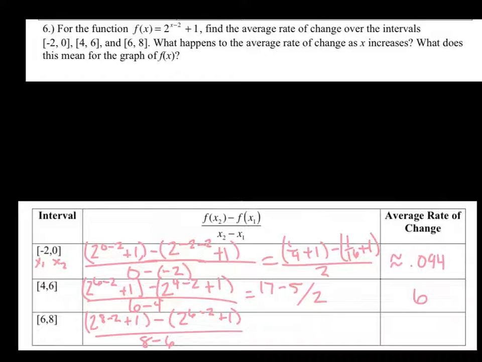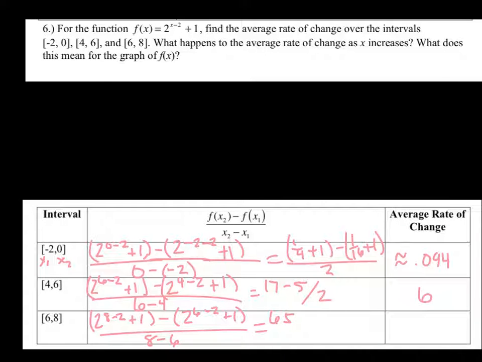So 2 to the 6th power is 64 plus 1 is 65. And then 2 to the 4th power is 16 plus 1 is 17, so minus 17, all over 2. So 65 minus 17 is 48 divided by 2 is 24. So we found the average rate of change, but up here, number 6 originally asks us, what happens